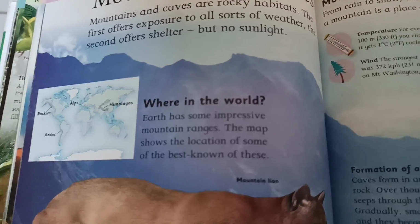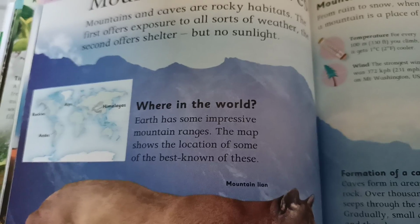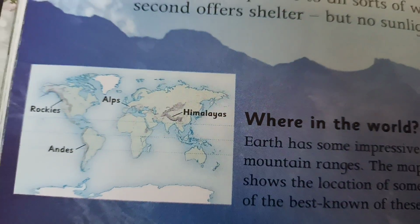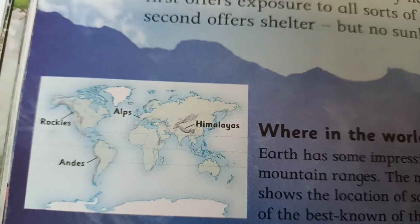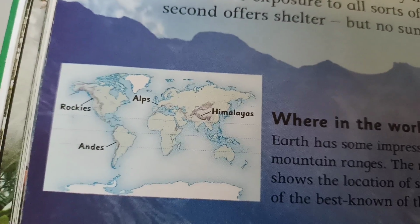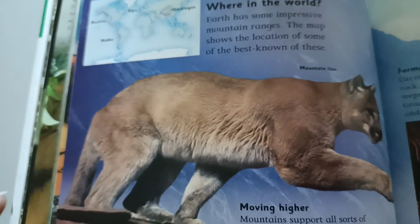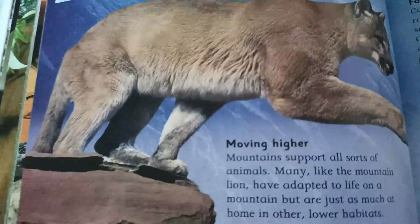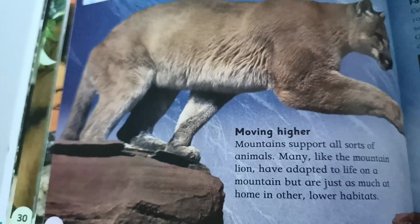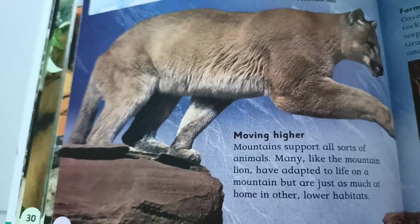Where in the world? Earth has some impressive mountain ranges. The map shows the location of some of the best known of these. Let's see. Himalayas from right to left, then Alps, Andes, and Rockies. These are the four mountain ranges. Moving higher, mountains support all sorts of animals. Many, like mountain lion, have adapted to life on a mountain, but are just as much at home in other